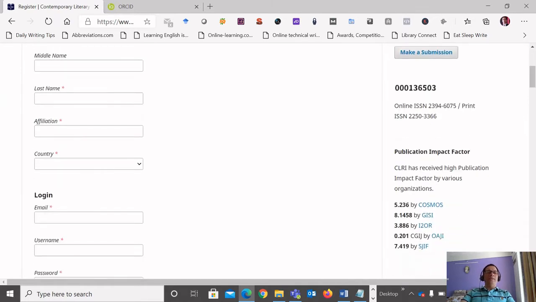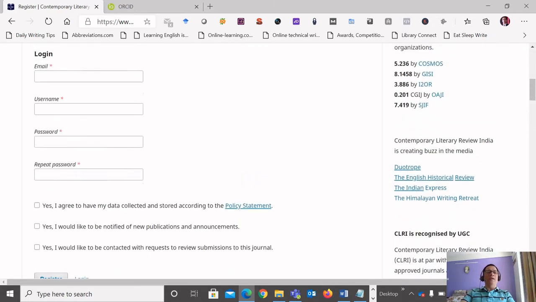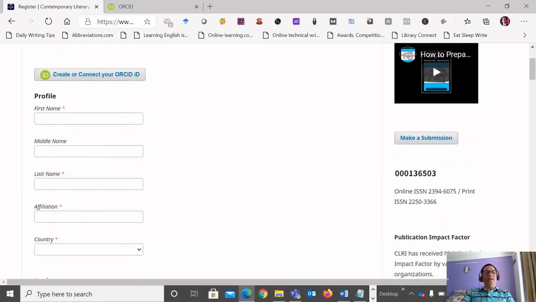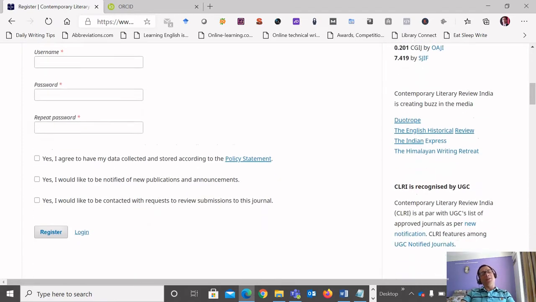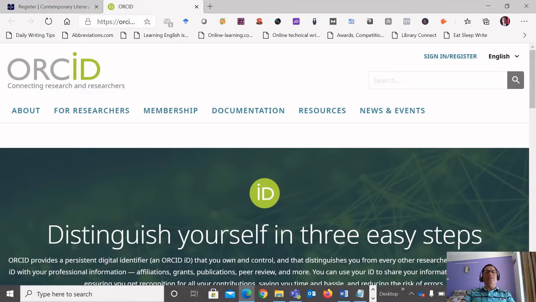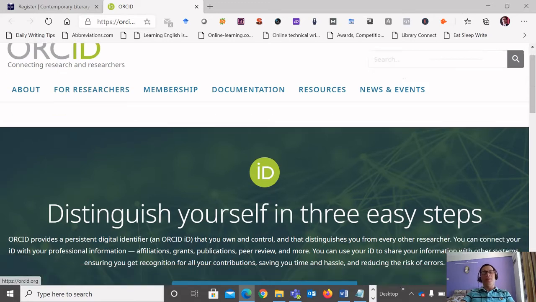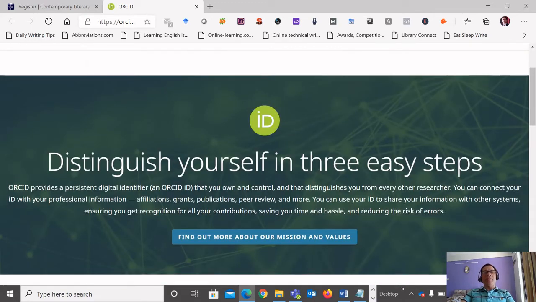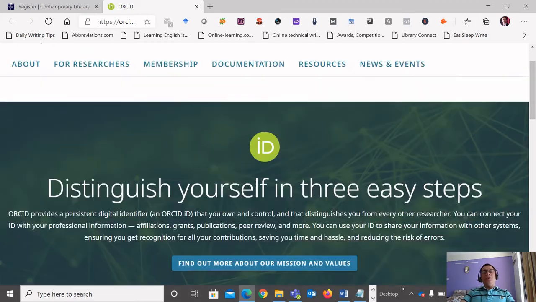Here the logic is that you have to create your profile account, and then upload your material. So the first option is to create or connect your ORCID. ORCID is an organization where you can register your research papers, and as soon as you register your paper, you will get a digital identification number that is called a digital identifier.